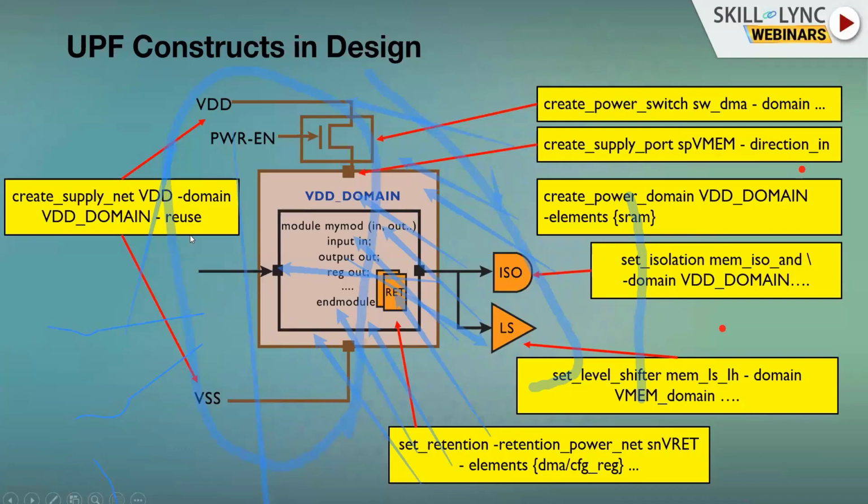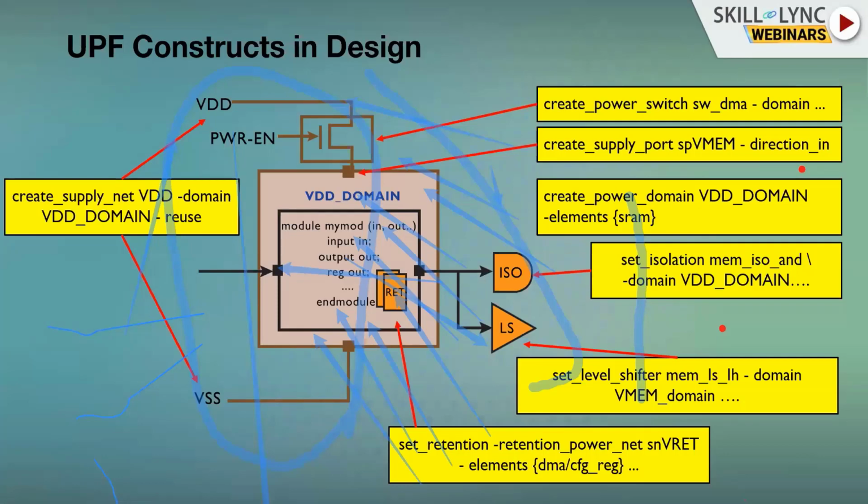And I have talked about how to create a net and associate cells to the net, or if you want to reuse the net, how to do that. And then what the different kinds of power cells are which can be used for saving the logic, mainly retention registers, and what kind of cells we want to use in terms of low power when you are switching from a high voltage to a low voltage or low voltage to a high voltage, with respect to using level shifters. Then how to safeguard your input values to the other on domains with an isolation cell. Those are the key things.